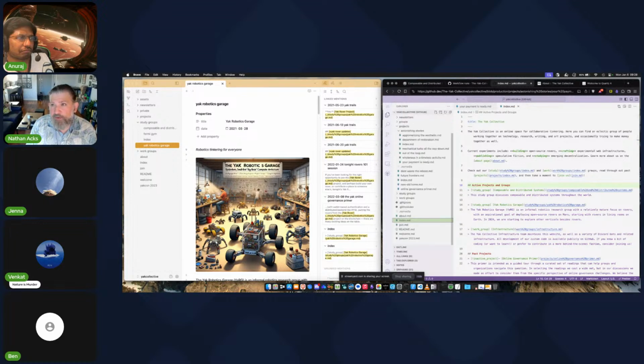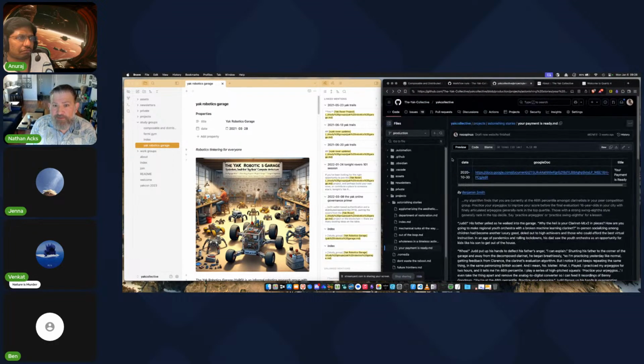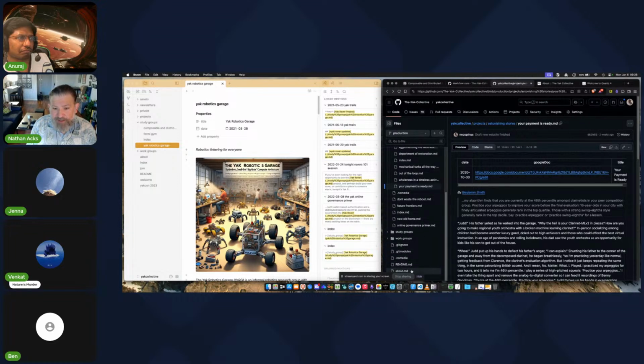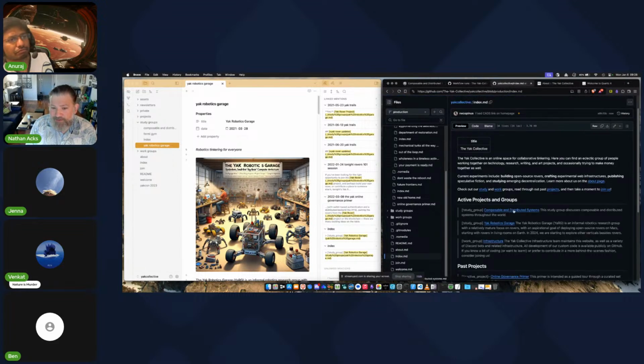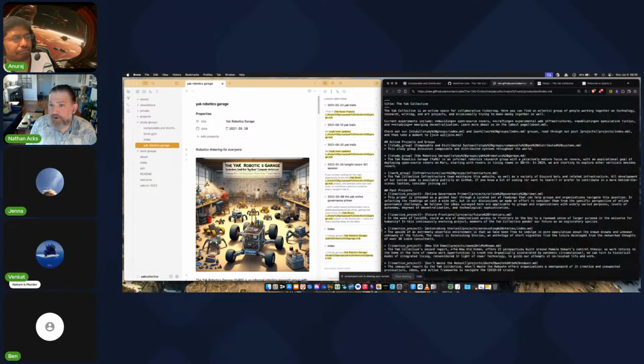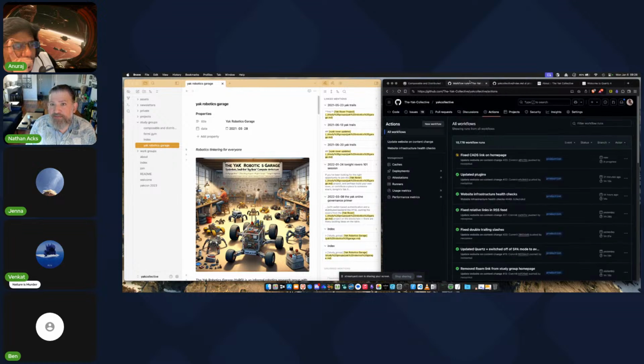And now it says it's fine. Well, what happened here? If I come back into the GitHub view and look at my index page, you'll notice if I look at this raw, that update has now shown up. And not only that, if we look over here at the actions, you'll notice there's a workflow here for updating the website, and it automatically kicked off and is rebuilding that right now.